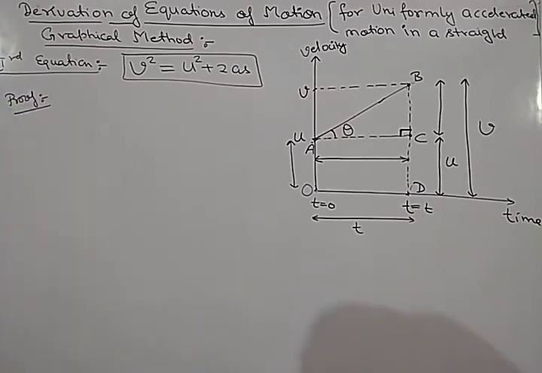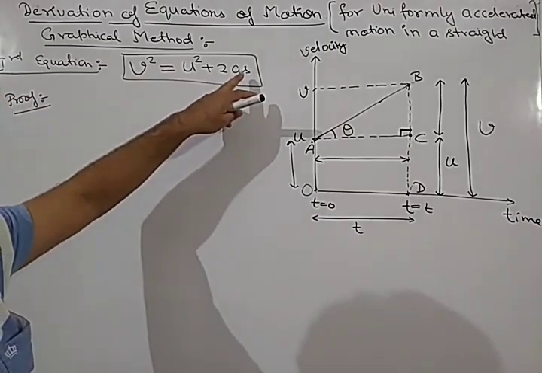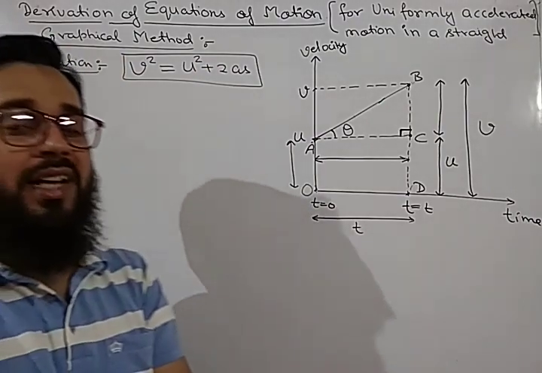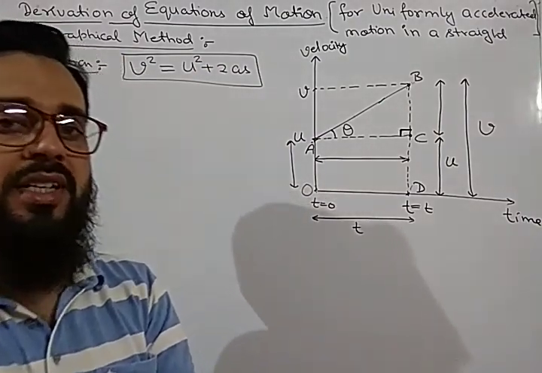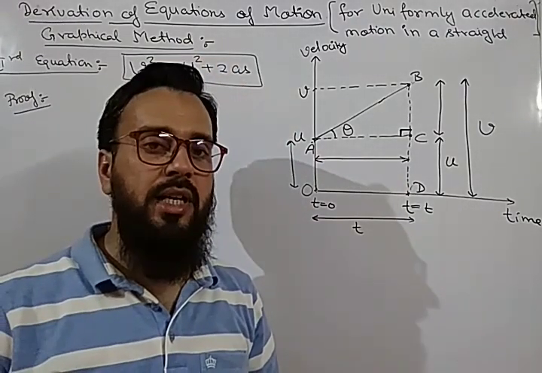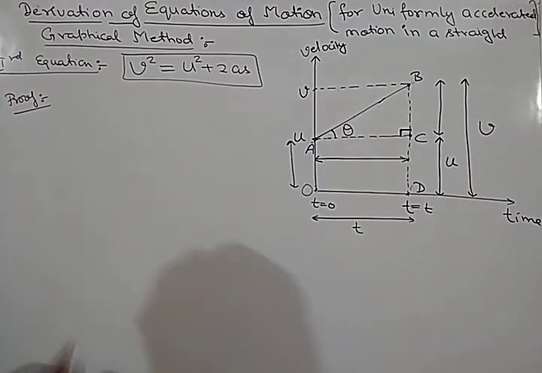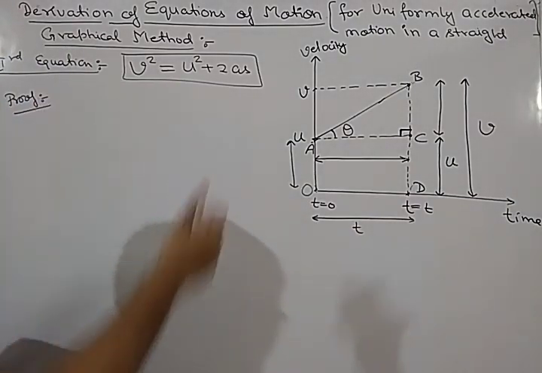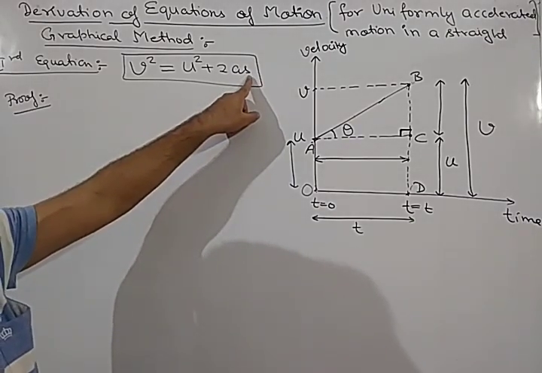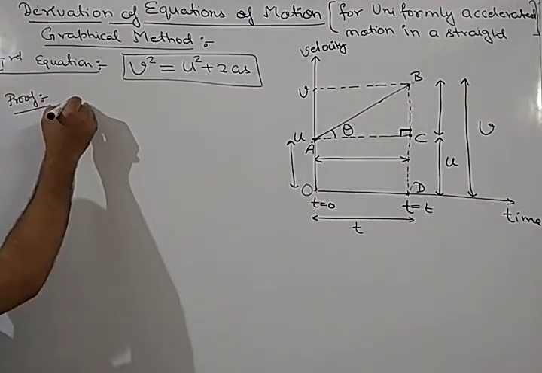Okay. So again, if we see this equation, we are getting displacement, acceleration and velocity only. There is no time. In this equation, time is not there. Only initial velocity, final velocity, acceleration and displacement are there. Okay, so we are going to derive this. So again, we are going to start with the same point because there is displacement. And we know that the area under velocity time graph gives the displacement.